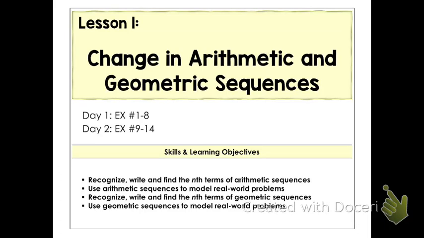Okay, lesson 2.1, arithmetic and geometric sequences. For this lesson, our skills and learning objectives include: recognize, write, and find the nth term of arithmetic sequences, use arithmetic sequences to model real-world problems, recognize, write, and find the nth terms of geometric sequences, and use geometric sequences to model